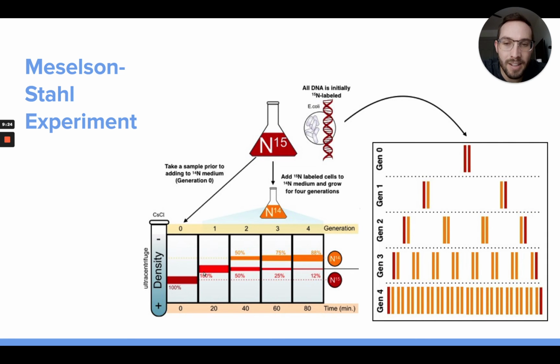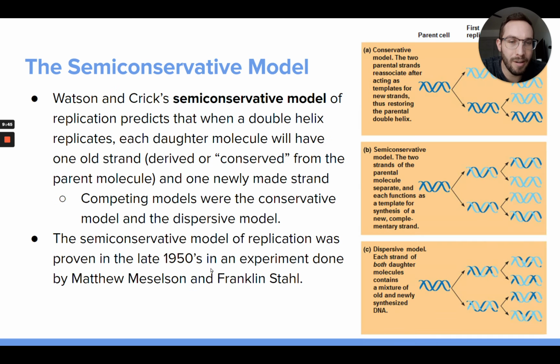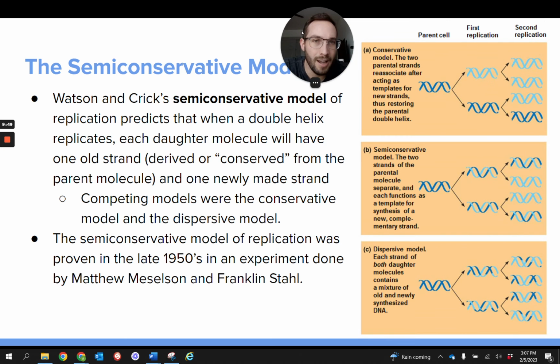And what they found is that they all clumped together in the same spot, which means all those DNA molecules weighed the same, but they clumped at a slightly higher spot than the first time, which means that those DNA molecules all weigh the same, but now they're lighter than they used to be. And so that right there told them that one of these models of DNA replication is incorrect. After it replicated once, once they got that data, it actually proved that it couldn't be